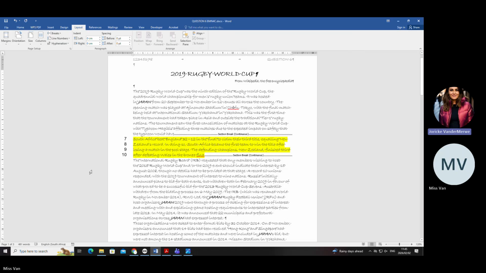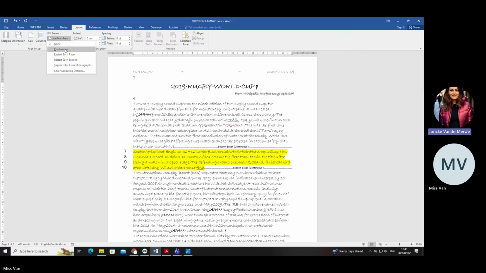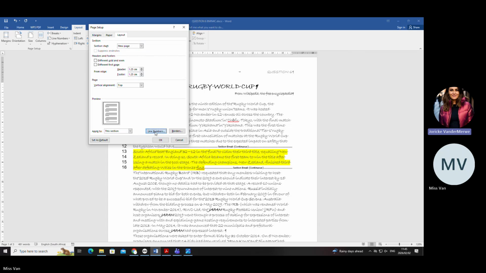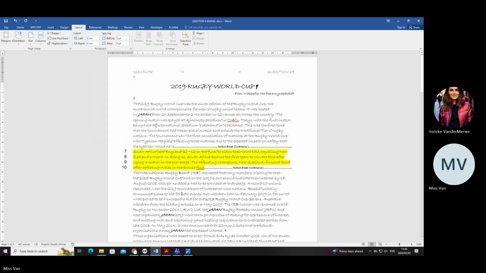Okay. Let's say you have by accident put line numbers in here. How are you going to get it out? And let's say you've gone too far to use undo. The only way to rectify that is to go to line numbers, to say line number options, to say line numbers, and to say don't add it. Okay, okay. And then it goes away. Okay, remember this was the one that I did.